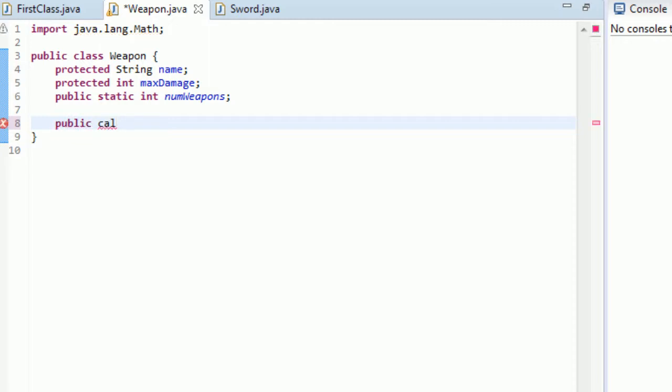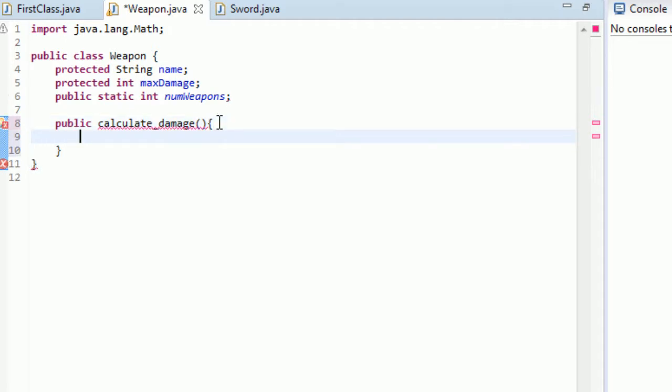So it says to call it calculate damage. I spelled it kind of funny. I like to use underscores when I create my methods, because you can't use spaces obviously, but I don't like to name them the same way I name my variables. So I'm just going to go like that, public calculate damage, and it doesn't need any parameters, and all it has to do is return an integer from 0 to max damage. So we don't really need much code here. Just go return,